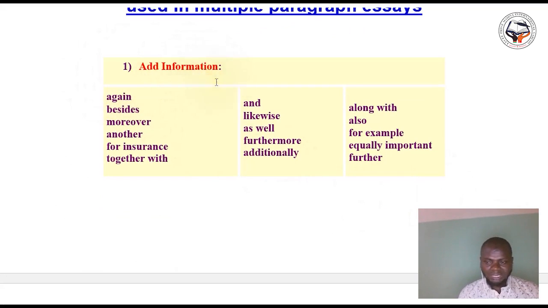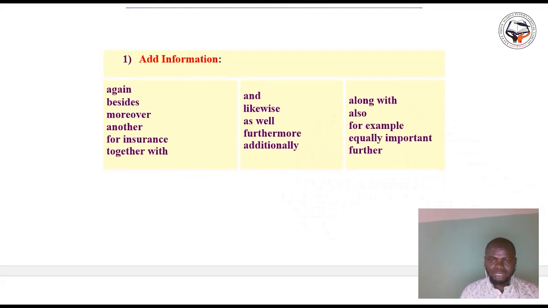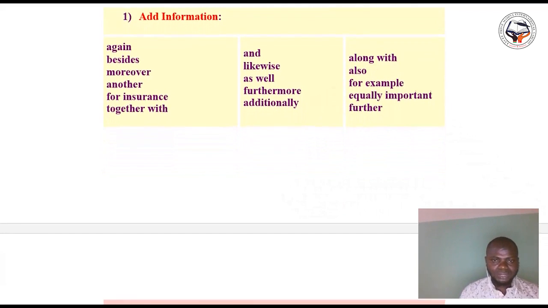So for adding information, you have besides, moreover, another, for instance, for example, together with, likewise, as well, furthermore, additionally, along with, also, equally important, further.